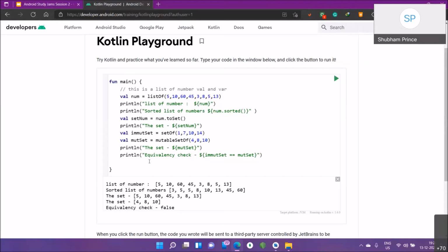For example, in this collection, if you want to access values of the collection, we will be working with the forEach loop. The forEach loop comes even in Java. In this section we will be working with the forEach loop.